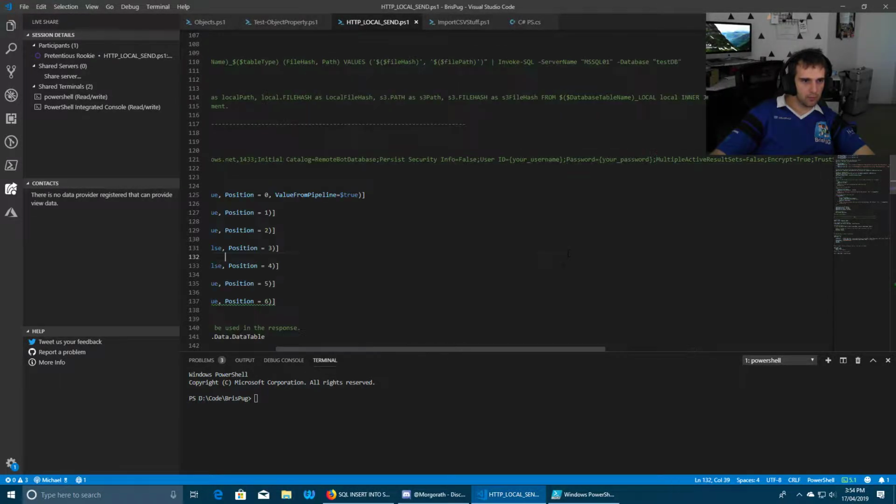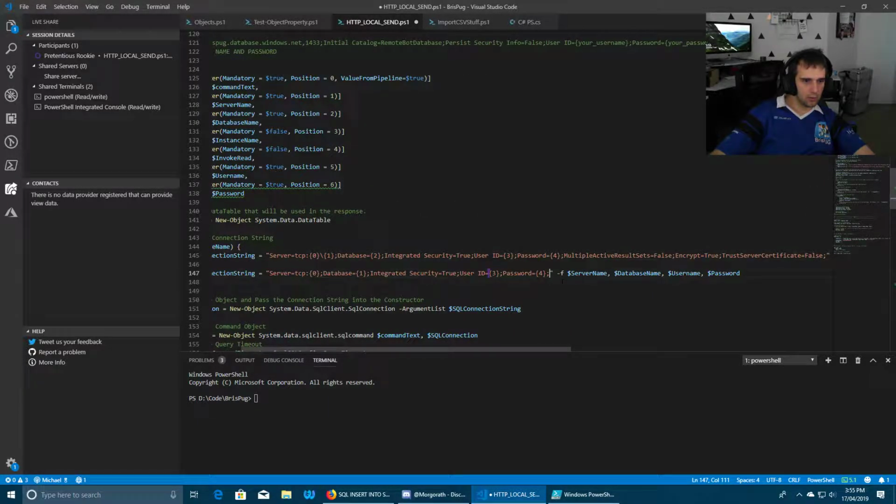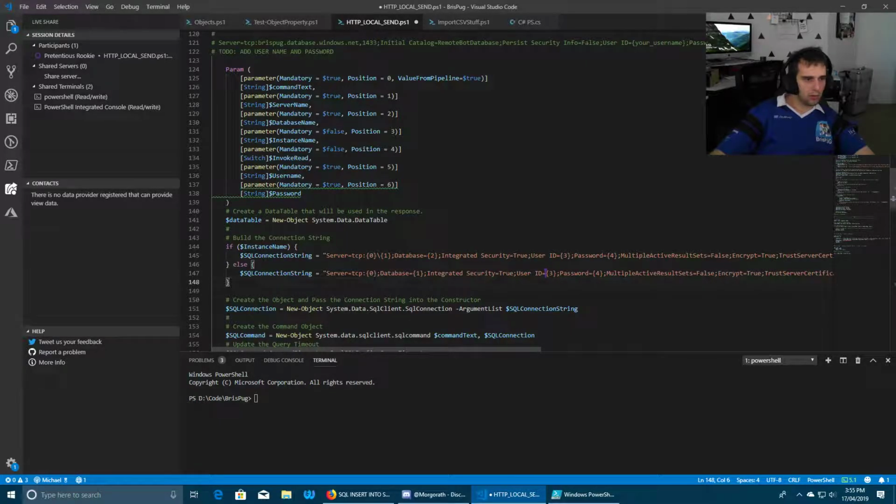Why have you got 3 and 4 there when they're listed as 5 and 6 in your parameter block? On 145 and 147. Oh, give me 2 secs, sorry. So 0, 1, 2, 3, 4.